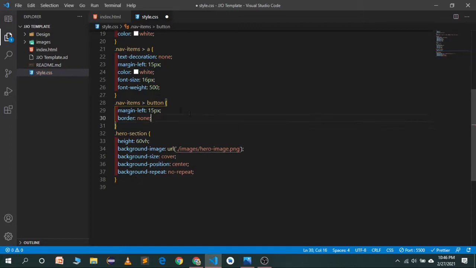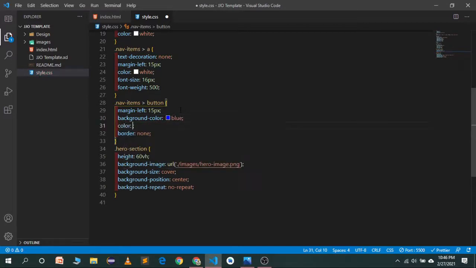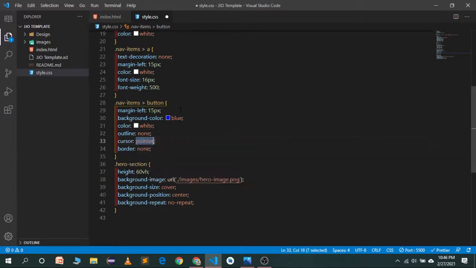So what I will do, I will give it a background color of blue, color will be white, and border will be none. Set the outline to none because we don't want a default outline. Set the cursor to pointer.